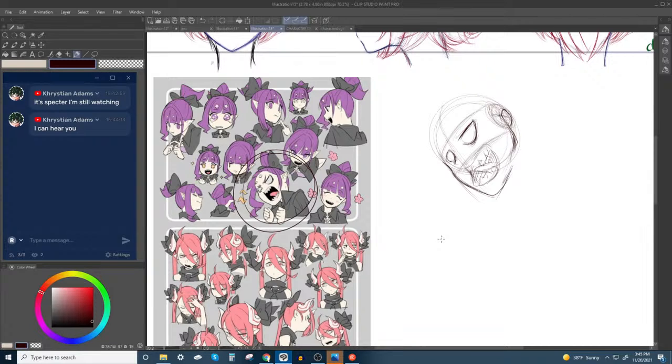Let me see. Like that, and then we'll make the face like this, because most of the facial expressions happen around the eyes, the eyebrows, and the mouth. In most cases, the head tilting is just the anchor for everything else, just to convey a sense of movement. That's pretty much what that is. But other than that,